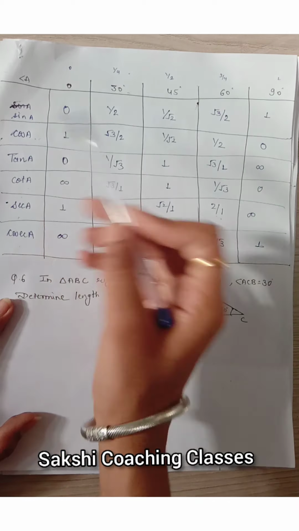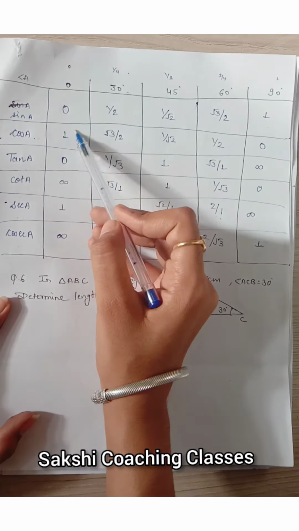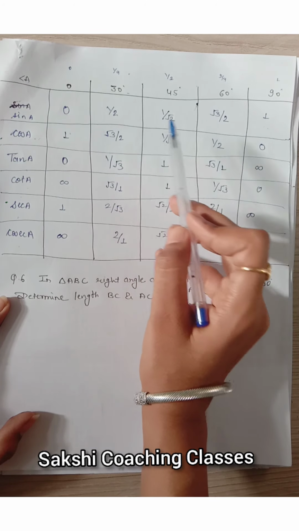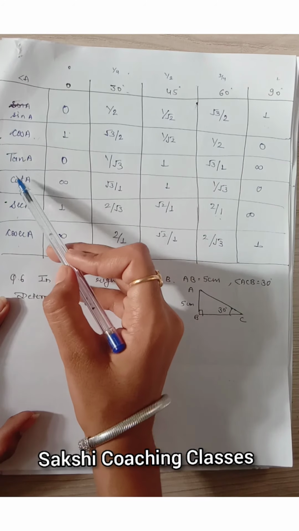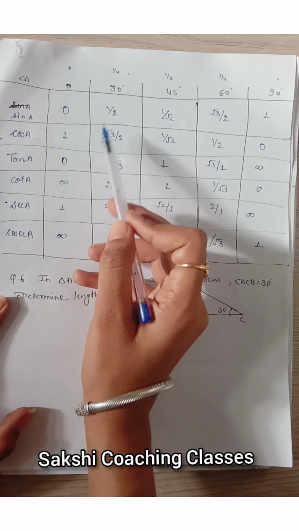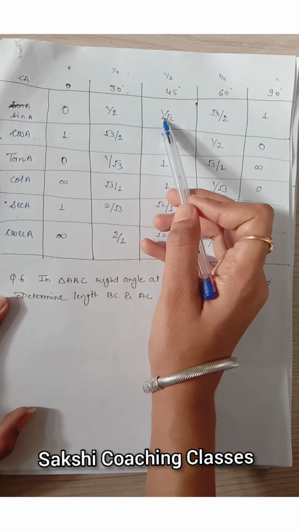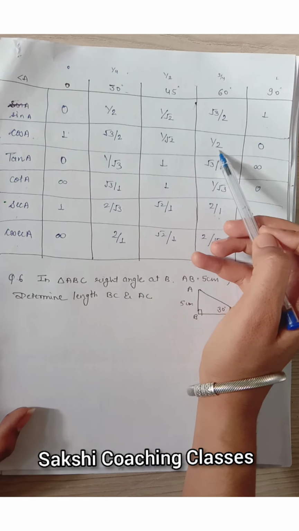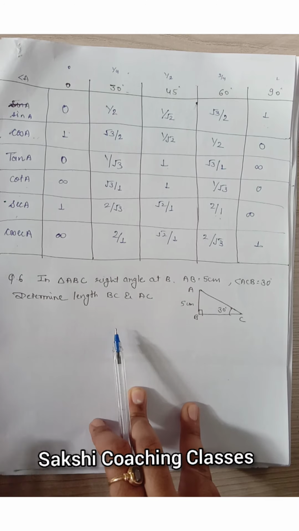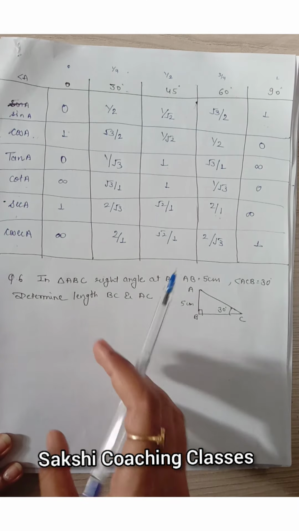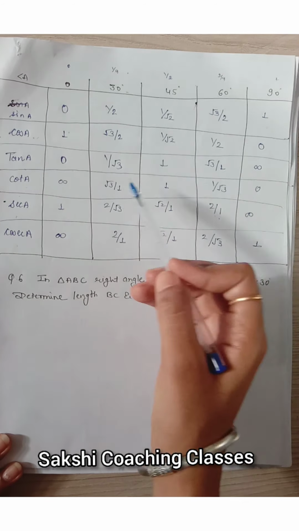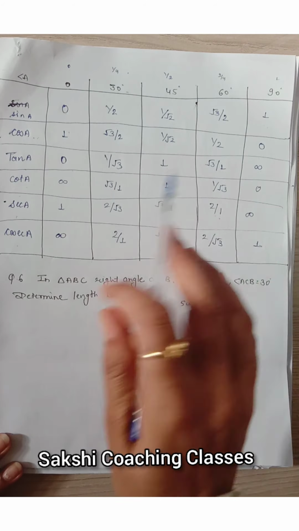cos की वैल्यू के लिए जस्ट बैक 1, √3/2, 1/√2, 1/2, 0. For the tan, sine upon cos, you have to learn sine upon cos. 0 divided by 1, 0; 1/2 divided by √3/2, 1/√3; √3/2 divided by 1/2, √3/1; 1 divided by 0, it's not defined, so infinity. Then cot A, for cot A again simply infinity, root 3 by 1, 1 by root 3 and 0.